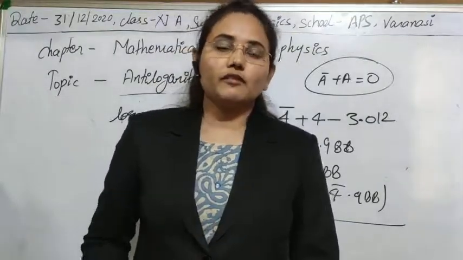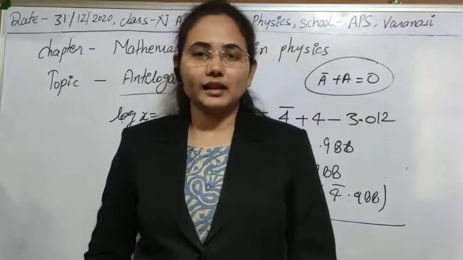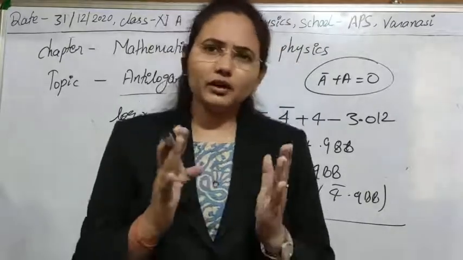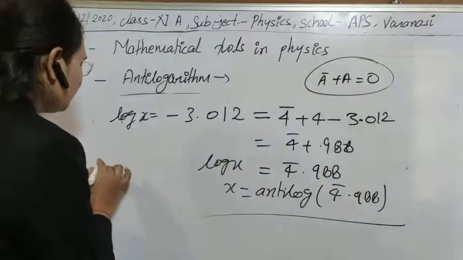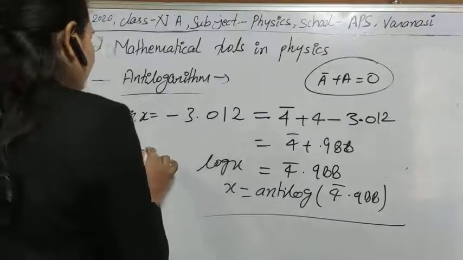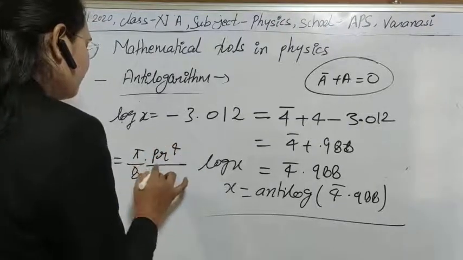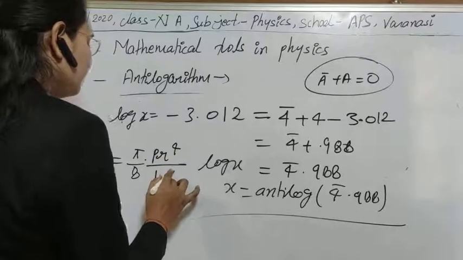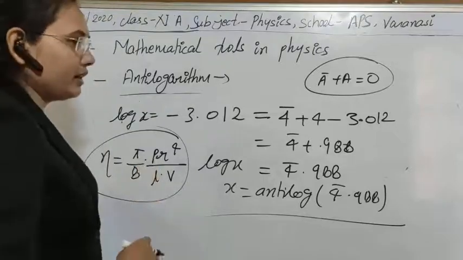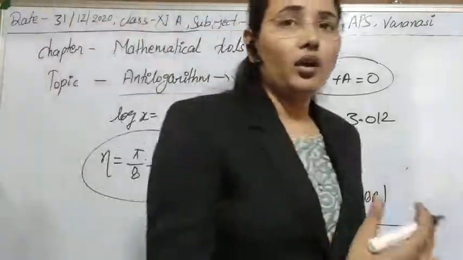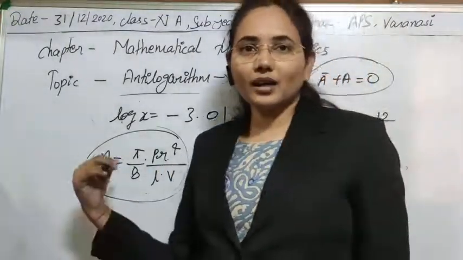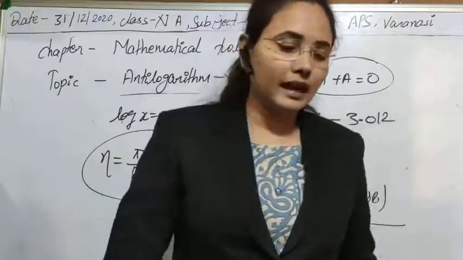And also, like you have studied the concept of viscosity. Recently you have studied that in the Poiseuille formula, a number of things or products were there. So if you see here, we have got there pi P r to the power 4 upon 8 L V. So this is the formula that you have got here. Now suppose all the values are given, then in the multiplication you will take a lot of time. You have to solve the fourth power here. Then for that case log can solve your problem very easily in that section also.